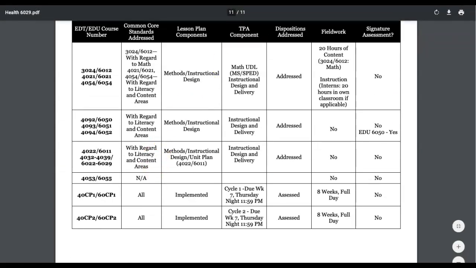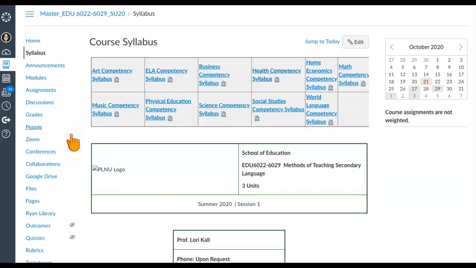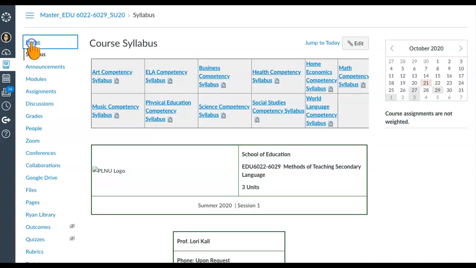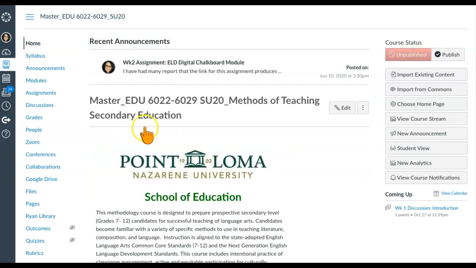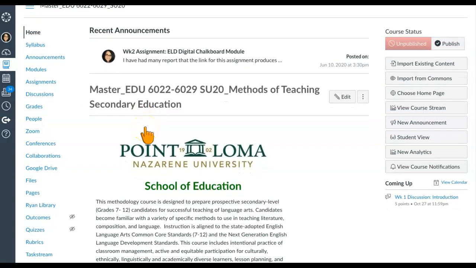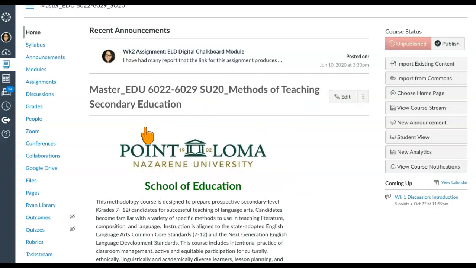Okay, so that's an overview of the syllabus for you. Well, I have given you a lot of information right now, and hopefully that has helped give you an overview of what it means to be a part of the Methods course for single subject teaching. And if you have any questions, once again, my name is Lori Kall. I am the instructor of record in Bakersfield. Kimberly Athens